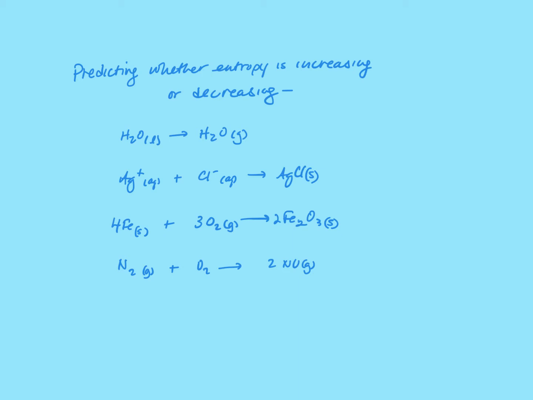So let's look at 4 processes and see whether we can predict whether the entropy is increasing or decreasing in these, okay? And the symbol, by the way, entropy has the symbol S°. That means it's standard conditions. And an entropy change would be called delta S. So we're trying to determine, is entropy increasing or decreasing? Is delta S positive or negative for these processes? Take a look at the first one.